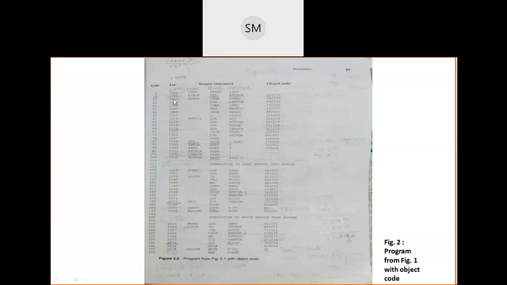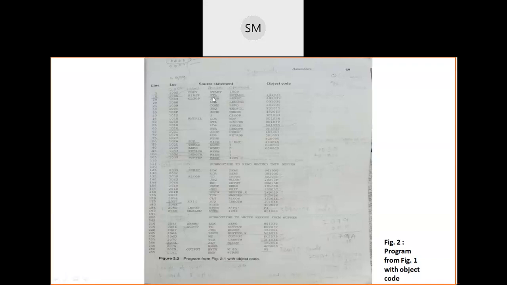Okay, first I fill this location column, then I fill this object code. First I should write this location column one by one. How to write this location column? Let us see here. START, what is it going to indicate? The START assembler directive indicates the name of my program and the starting address of my program. The starting address of my program is 1000, so I have written 1000 here.